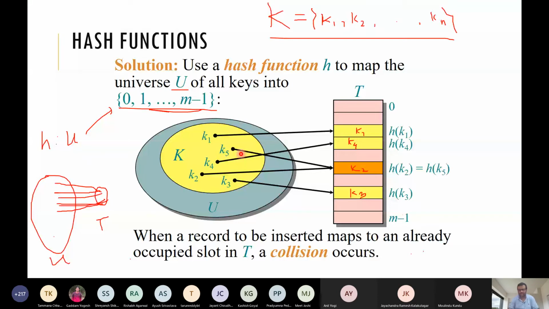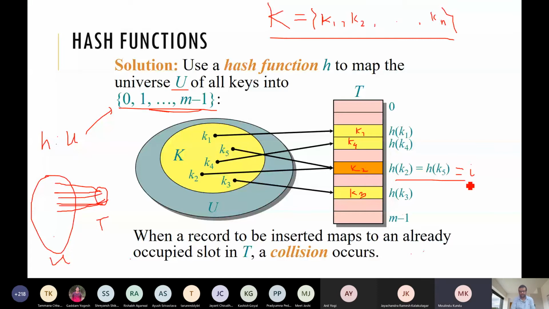We know collision we cannot avoid, because we cannot have a one-to-one mapping. Now how do we handle this collision? Because we cannot ask them to share the same room, since this is an array. So how to handle? Any idea?